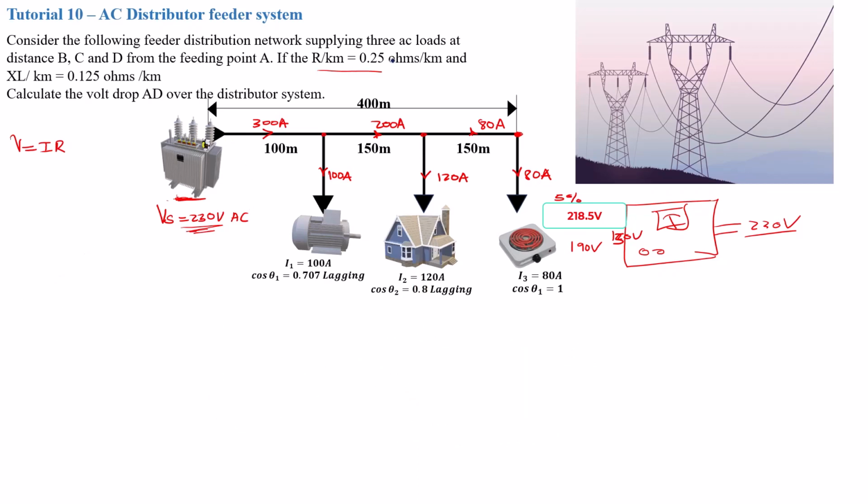Now, before we deal with the resistance conversion here, let's first calculate our current from each one of these sections. We are given the current magnitude and the power factor, so we can do a basic conversion. Writing it in polar form, it will be 80 with an angle of 0 degrees, because the power factor is 1. Then here it will be 120 with an angle of